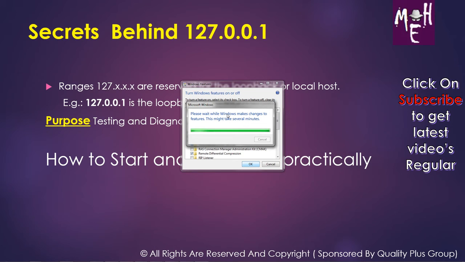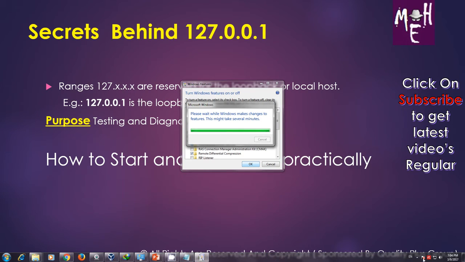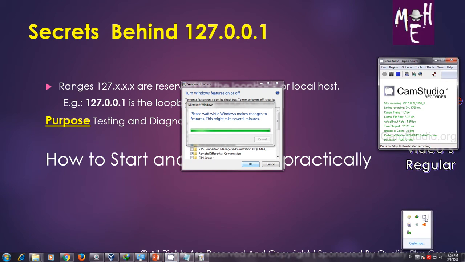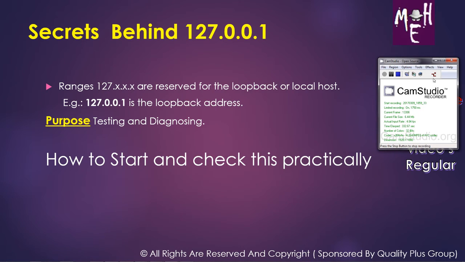So friends, when this feature is activated, then how do we know whether the feature is working or not?